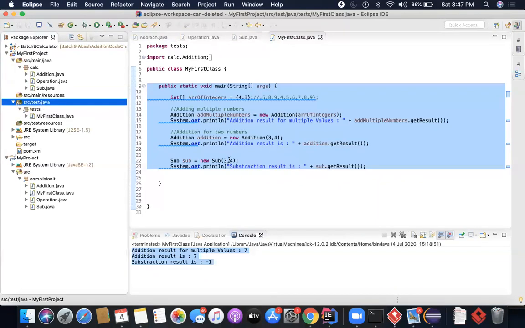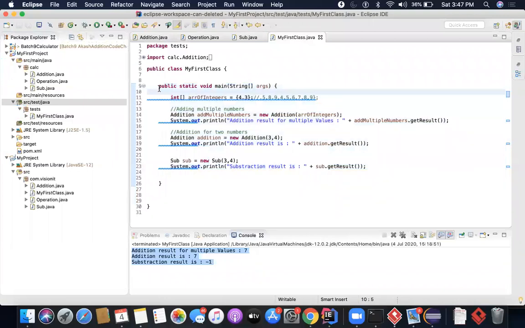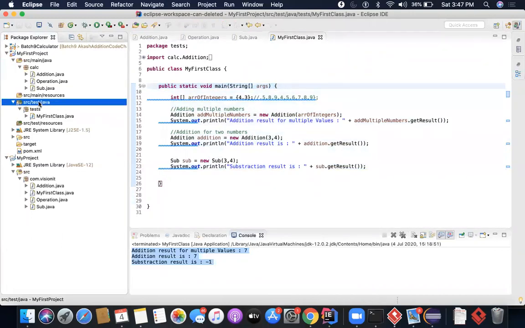So if you're using Maven, you're really not supposed to be using this public static void main and all, because we are right now in the source test Java, and we should be using a proper framework. A framework, now I am coining the word framework, the proper framework or a test framework which will actually be used to execute my test cases.